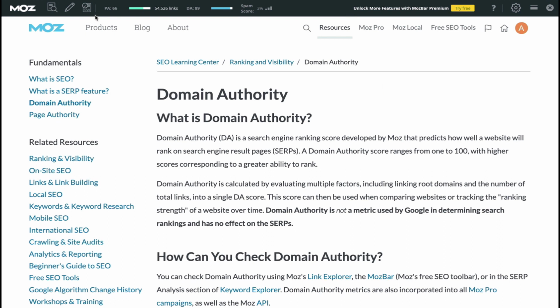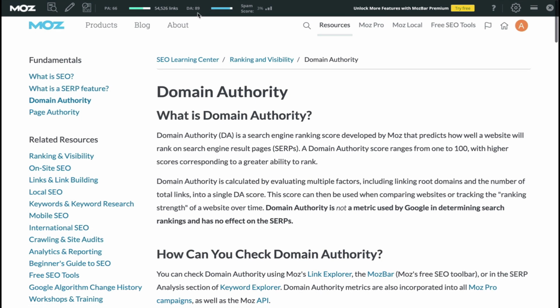But they essentially tell you what you see. There's a metric called PA. It's 66. That's page authority. And DA, domain authority. And wherever I am, they tell me what the domain authority is, and the page authority is the authority of that specific page. So on any domain, there's many pages, and different pages can be better or worse. So this domain is extremely authoritative. It's Moz. It's a very well-known brand. 89, tremendous.